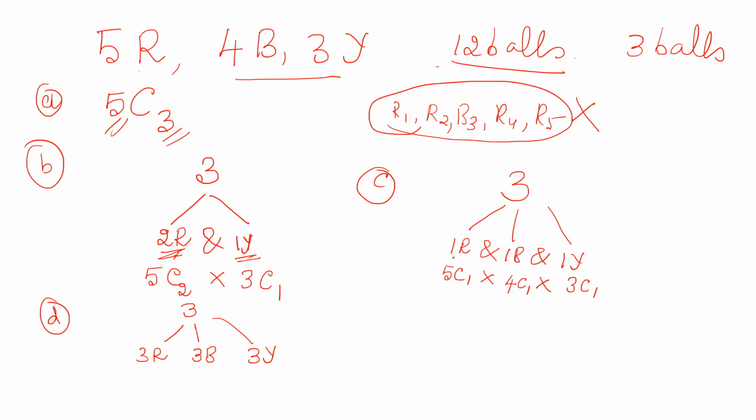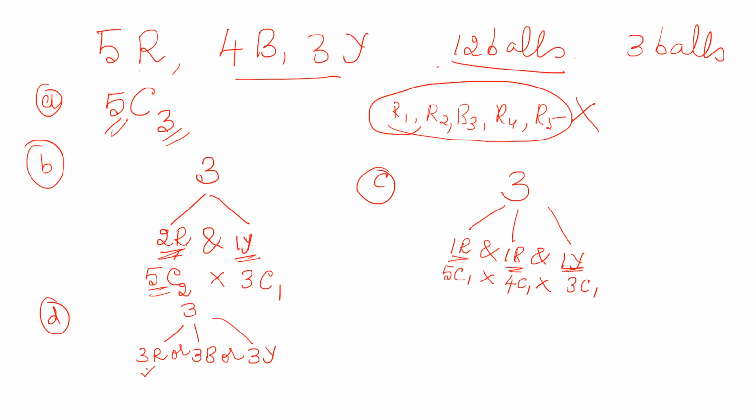See, in the previous question, if I am taking 1 red ball, it is not completed. I have to take 2 more balls. After taking this also, it is not completed. I have to take 1 more ball, right? So here, if I am taking 3 red balls, it is over. So either I can take 3 red balls, or I can take 3 blue balls, or I can take 3 yellow balls. Okay. I hope you understood the difference between and and or. By completing this, our task is not over. That's why this should happen and this should happen in the previous questions.